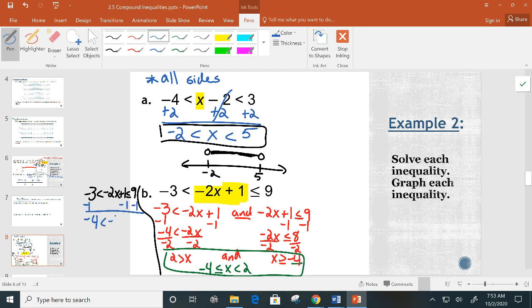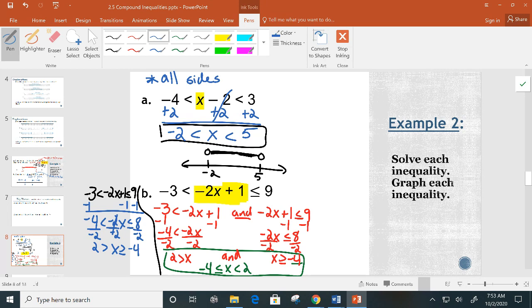Negative 4 is less than negative 2x, which is less than or equal to 8. And then divide negative 2 on everything. Notice I'd have a sign flip here because I'm dividing by negative 2. So I end up with 2 is greater than x, which is greater than or equal to negative 4, which